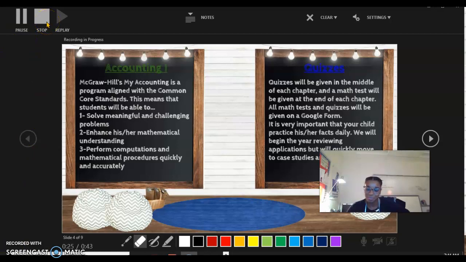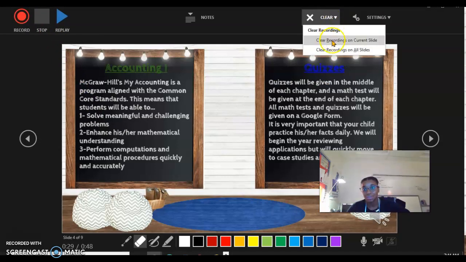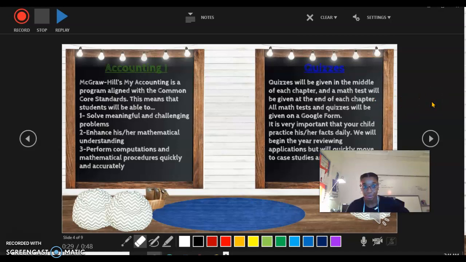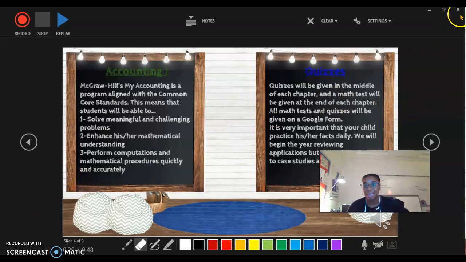Once you feel comfortable with your recordings, simply stop the recording, and if you feel like, hey, I want to go back, I want to change things, you can clear the recordings on current slide or all slides as you go through. To simply get out of this recording, just hit X,